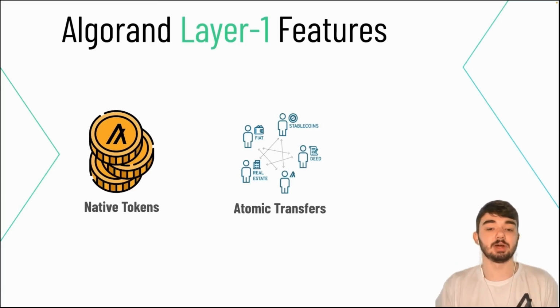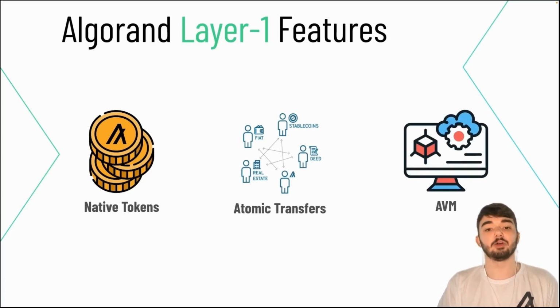And this doesn't just apply to token transfers. This applies to smart contract calls and all sorts of complex things that you can do on Algorand. So with this, again, we're eliminating the need for smart contracts to do these core primitive features like having atomic groups of transactions. And this is very important when we think about reducing centralization, reducing trust, and reducing the overhead that it takes for you as a developer to implement these core features.